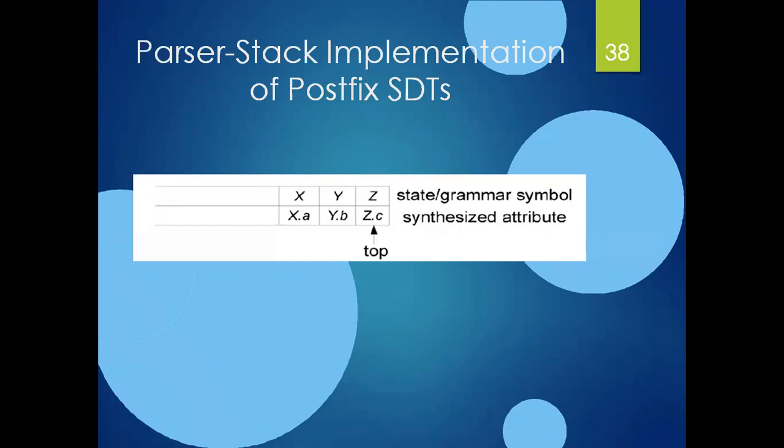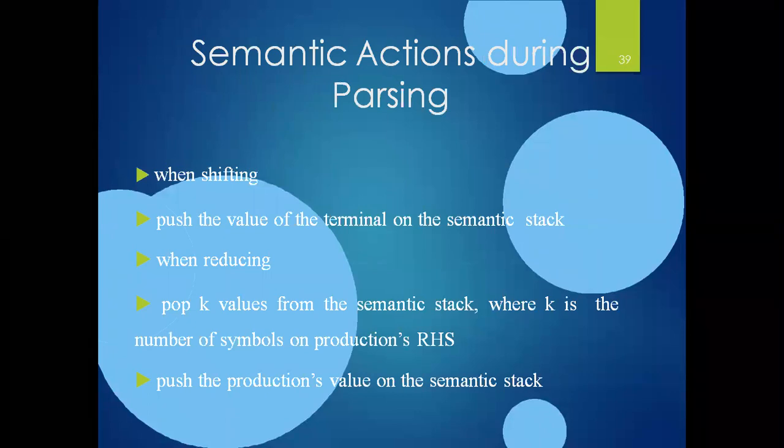Make a note of this most important point. Now, what are the rules to be followed during the parsing? That means what type of semantic actions we need to follow during the parsing. Here, when shifting and when reducing, that means as per the terminologies of the parser, we are having the basic operations like shift, reduce, error, and accept, right? So when to shift and when to reduce. As coming to the terminology of the stack, when to push and when to pop.